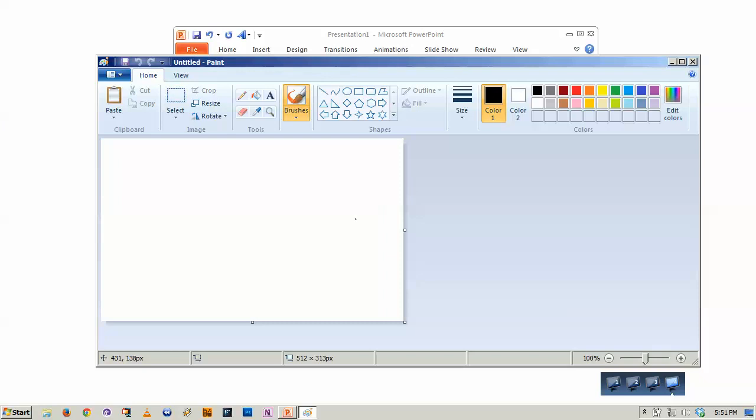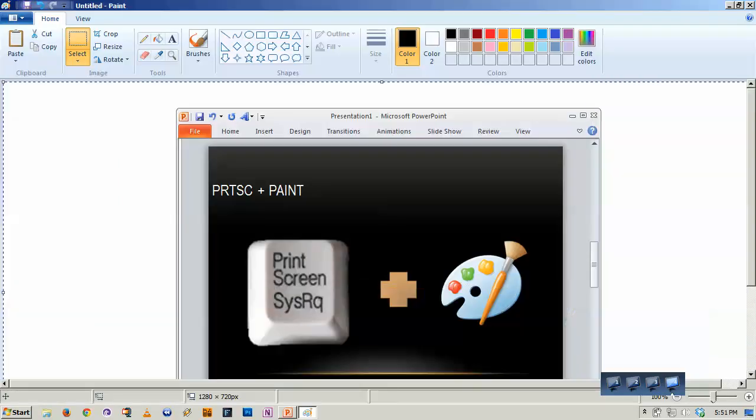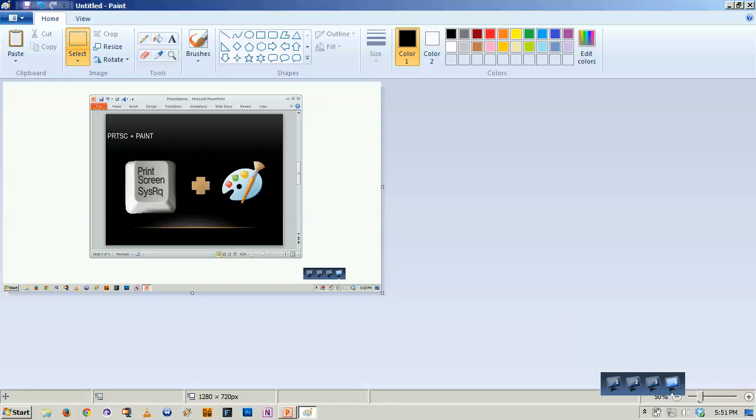So when you press print screen, automatically it puts the file on the clipboard. So you have to paste it if you want to see it. So let's just use Control V. So here it is, our print screen.